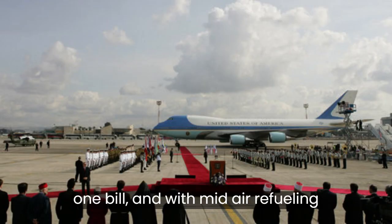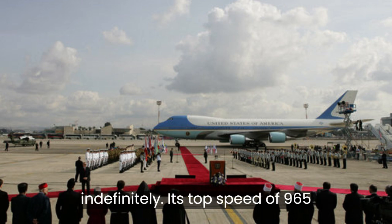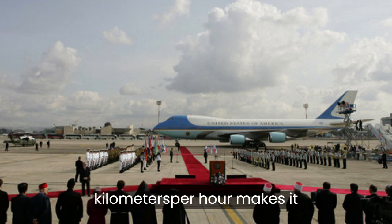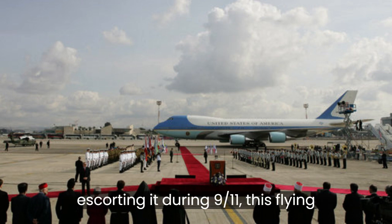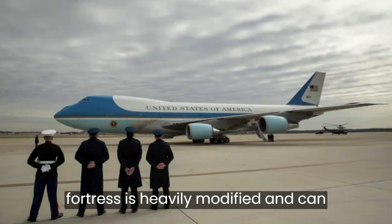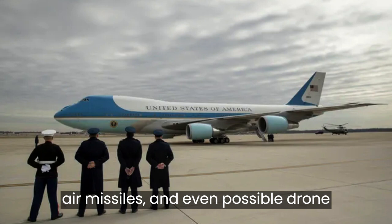14,315-kilometer journey in one go, and with mid-air refueling capabilities, it can stay in flight almost indefinitely. Its top speed of 965 kilometers per hour makes it faster than an F-16, as noted by a pilot escorting it during 9/11. This flying fortress is heavily modified and can withstand air-to-air missiles, ground-to-air missiles, and even possible drone